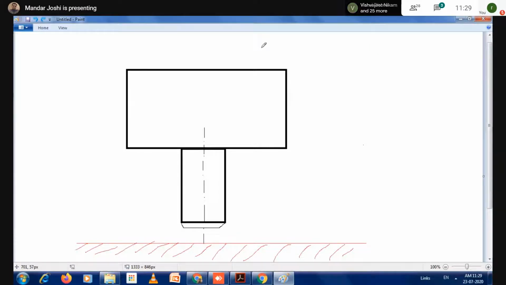Practically, diagrammatically it is fine, but practically, yes or no? No, sir. Why no? Because of imbalance, correct? There is maximum mass over here, less mass over here, and that creates imbalance while inspection. Okay, so in that situation, what need to be done?